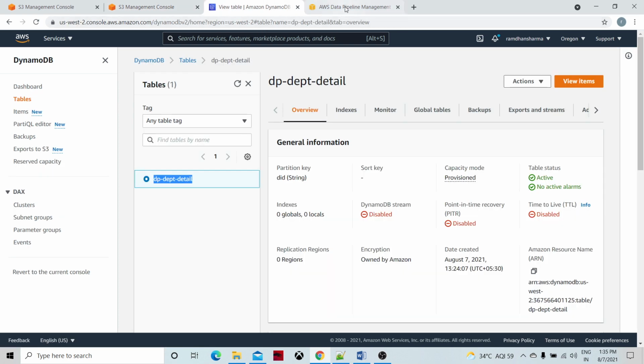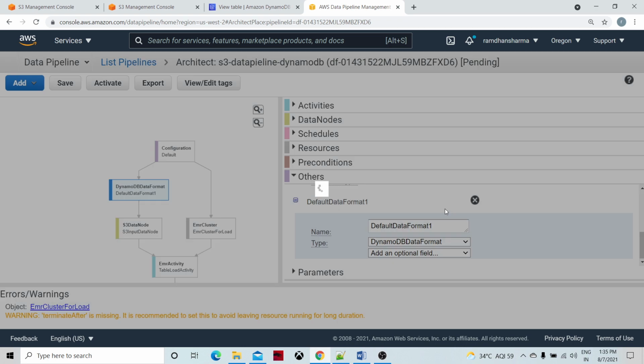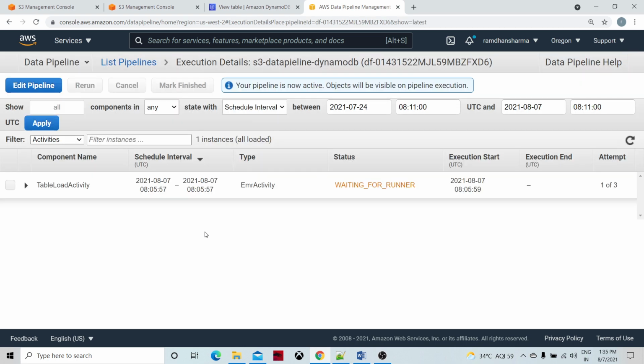Now I'm going to activate the pipeline. As soon as I activate the pipeline, the status is waiting for runner, because EMR is, in the background, provisioning the EC2 instances.